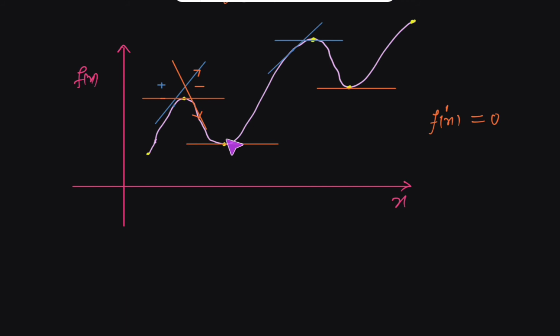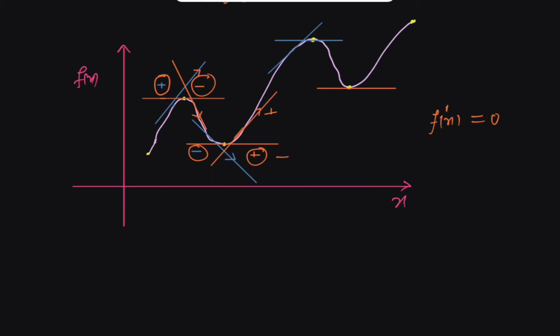Now take the example of local minima. In local minima, if we draw a tangent before this point, it will be like this, and this will be representing a negative slope. And just after this local minima point, because the function is rising like this, the slope will be like this, so this is a positive number. So before this point the slope has a negative value, and just after this point the slope has a positive value. It means if the change in slope is from negative to positive, it will be representing a local minima, and if the change in slope is from positive to negative, it will be representing a local maxima point.